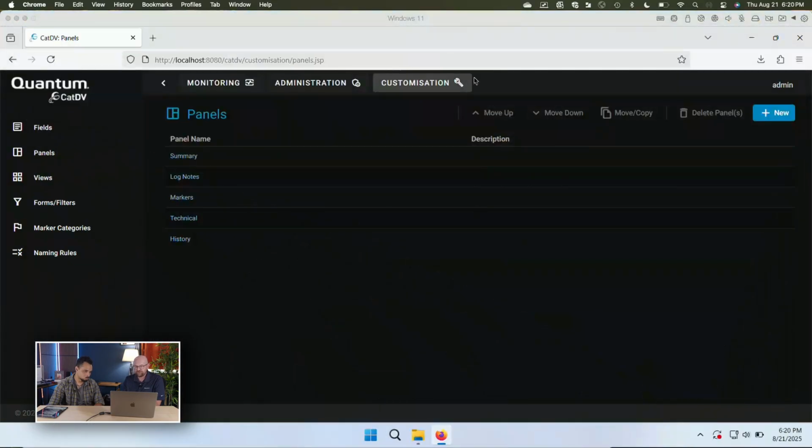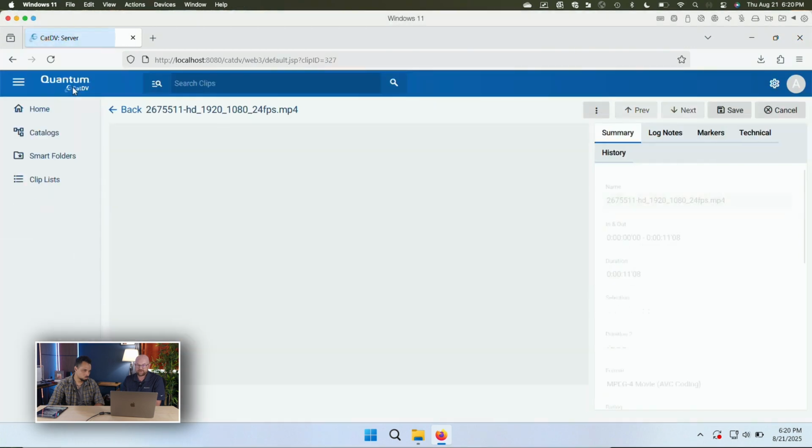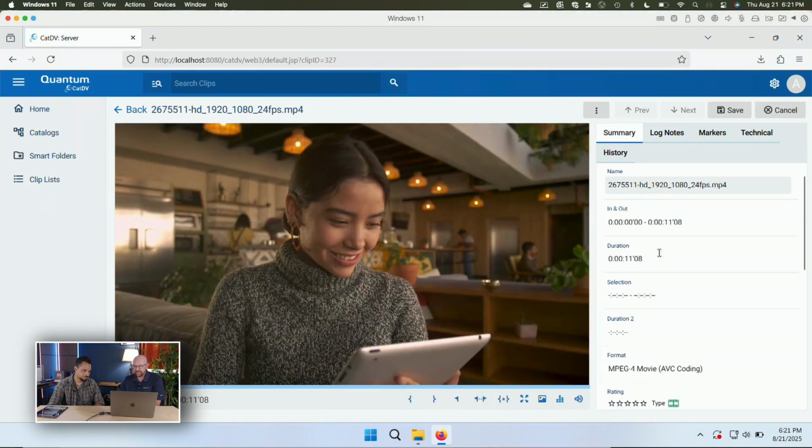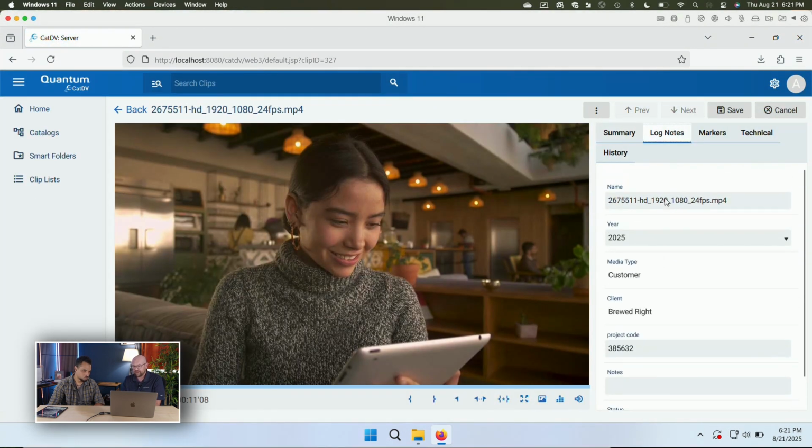That's one of the things I like about Express, because with just a little bit of work here, now we got media in here, we have it tagged, and now it's easy to start seeing the value of CatDV within your work case. Start out with this, and then we got plenty of room to grow as your needs evolve. Was everything that you showed truly in CatDV Express? Yeah, this is all Express. So for a minute, when we wanted to see it, I jumped over to my CatDV Pegasus system. Everything we're looking at here, everything I just summarized again, all this is part of CatDV Express. Here's Express, and then if we go to log notes, here's that information that we just kind of broke out.